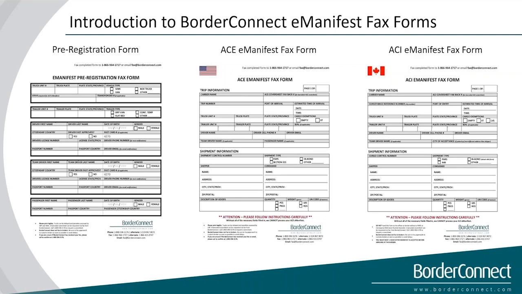And then one of the employees in our office will enter the data that you want us to enter into BorderConnect. And for future reference, you would not have to enter that again. So basically, if you fill out the truck portion of the eManifest pre-registration fax form, and you fill out all those fields in that block and send it to us, the next time you do a manifest, you do not need to enter that. All you'll need to enter is the required elements on our ACE or ACI eManifest fax